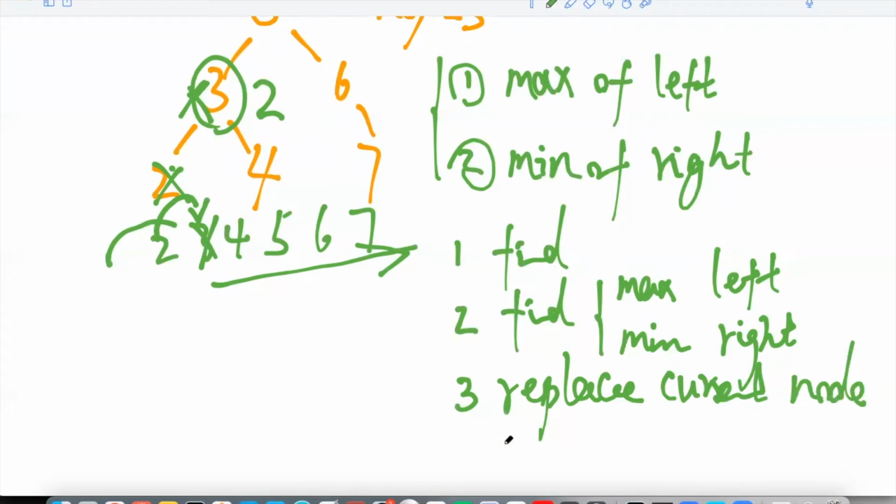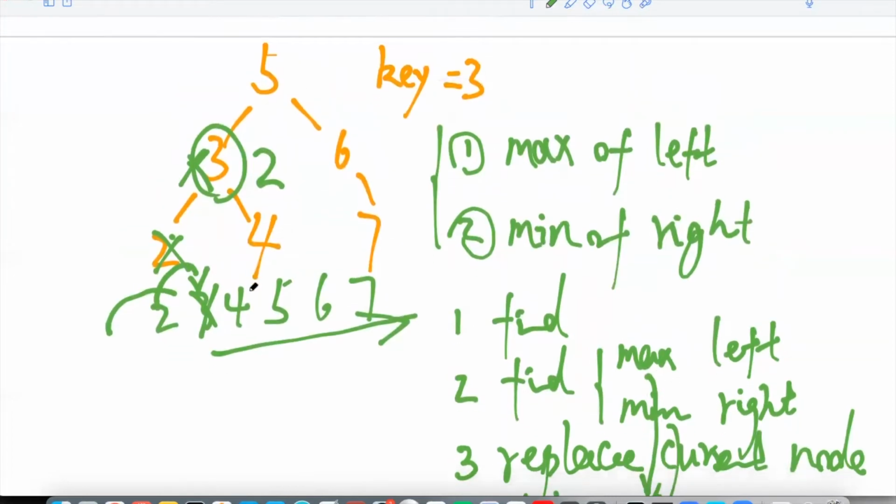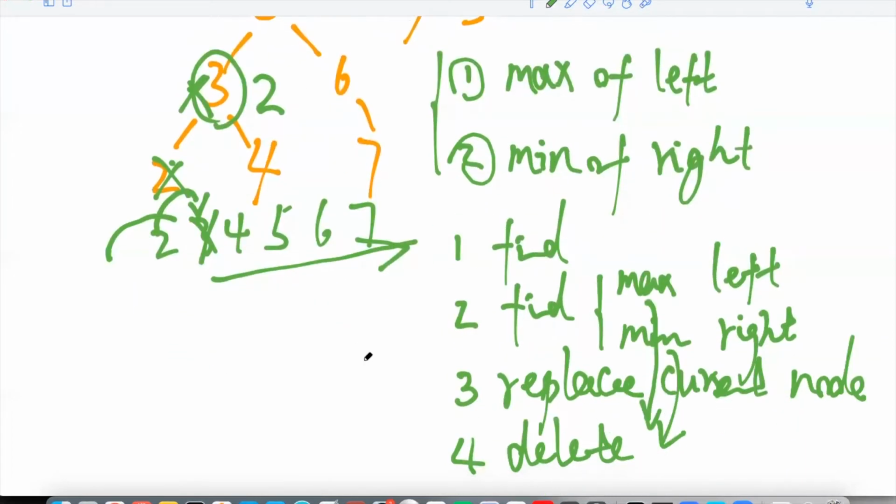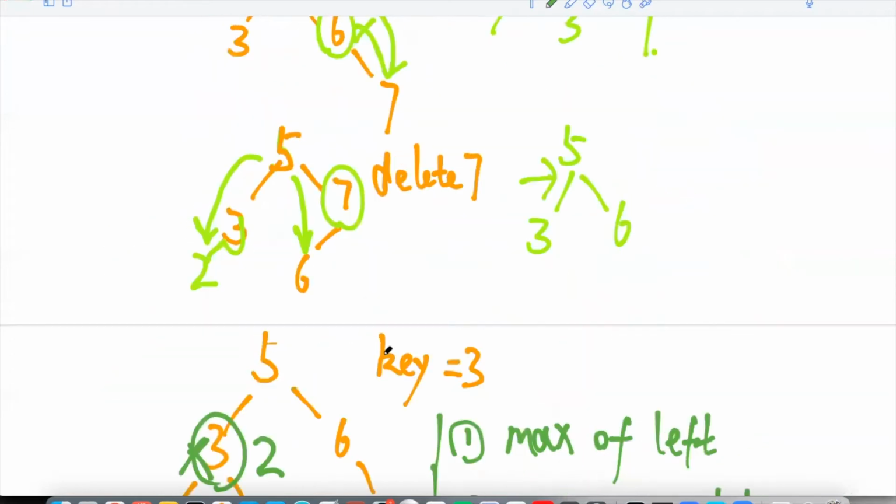And finally, we also need to delete this maximum value or minimum value. And this is the most general case. So ideally,